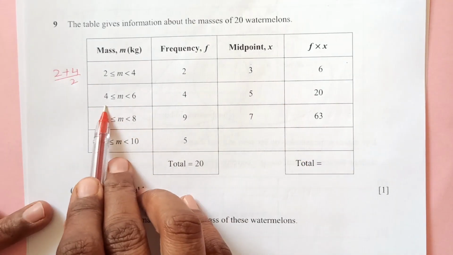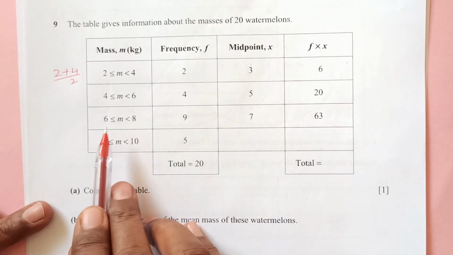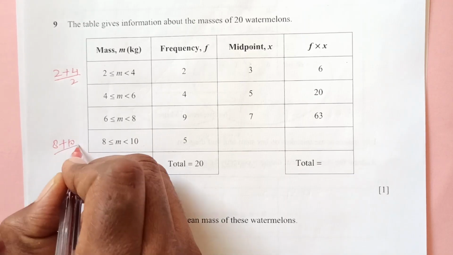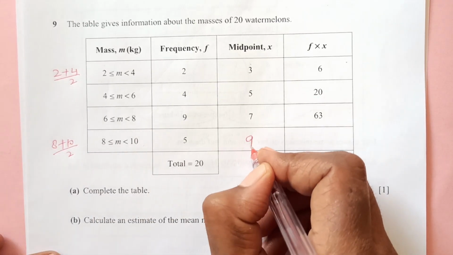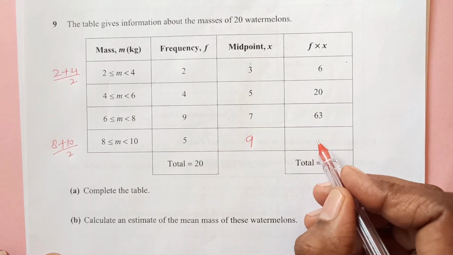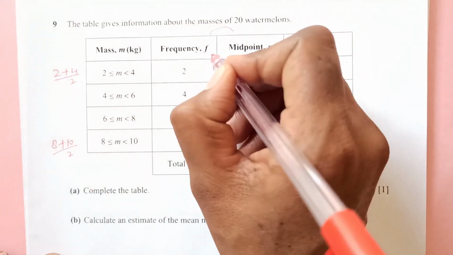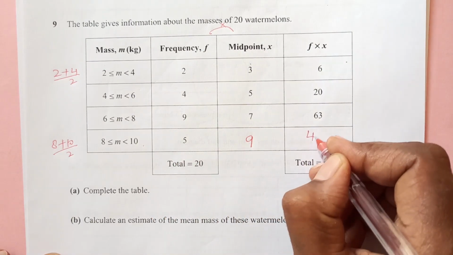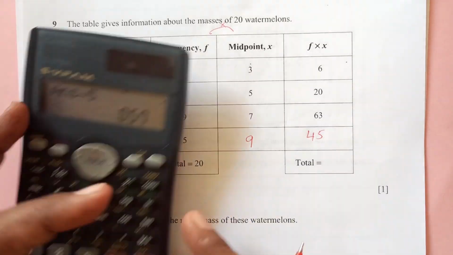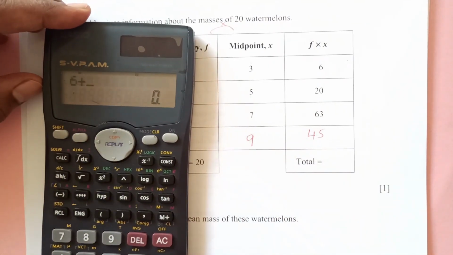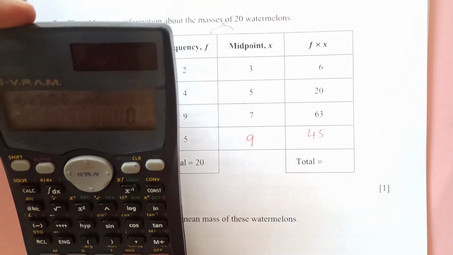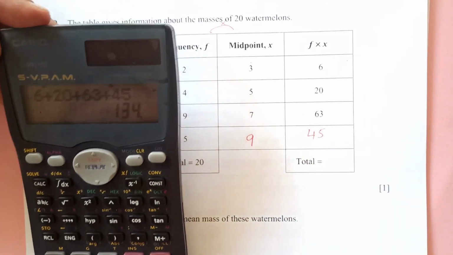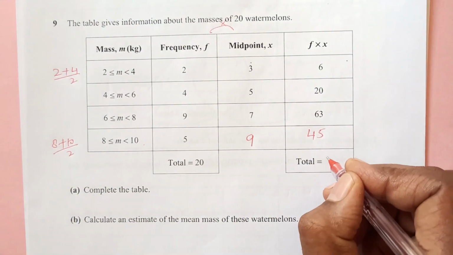4 plus 6, 10, divided by 2 is 5. 8 plus 6, 14 divided by 2, 7. Now this is 8 plus 10 over 2, that is 18, 18 over 2 is 9, right? And now fx. fx means you multiply these two, f times x. So 5 times 9 is 45. Now you add them together. The total is 6 plus 20 plus 63 plus 45. We got 134,